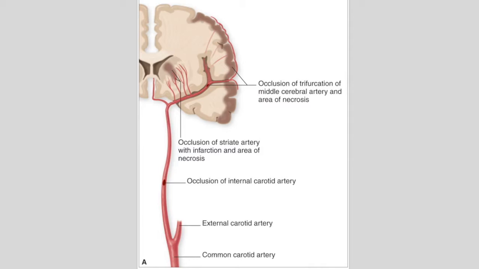Okay, in this video I'm going to talk about strokes. And strokes are important because they're the leading cause of disability in the United States. They're a very important cause of death. Okay, they cause a lot of death in the United States. So I just kind of want to go through quickly and describe what strokes are, how they occur, and hopefully just give you a better understanding of kind of what's going on here.